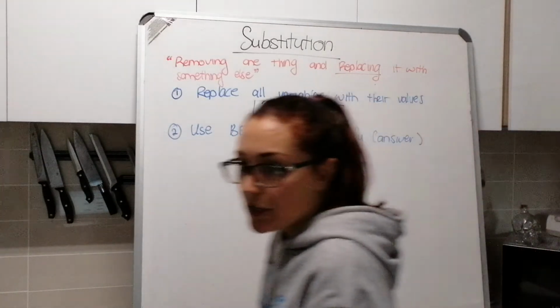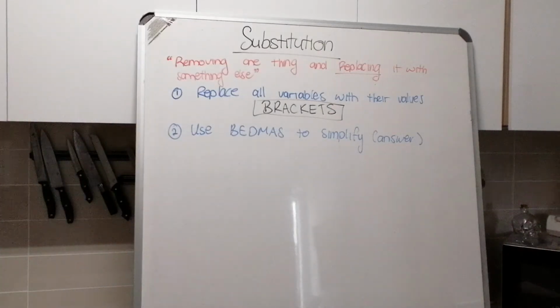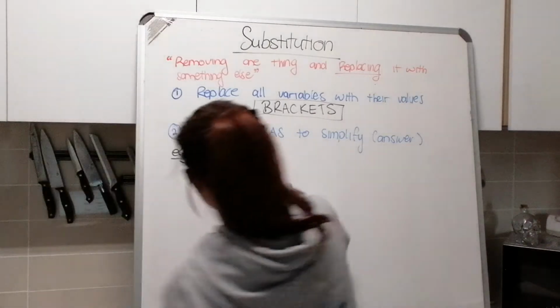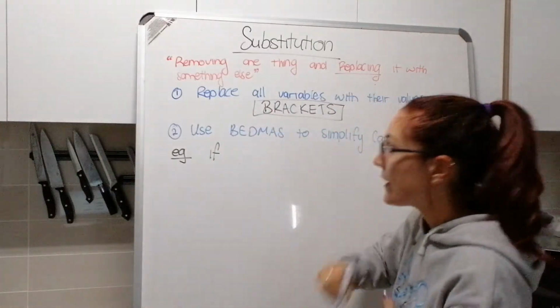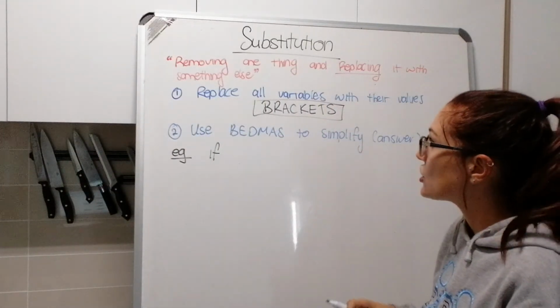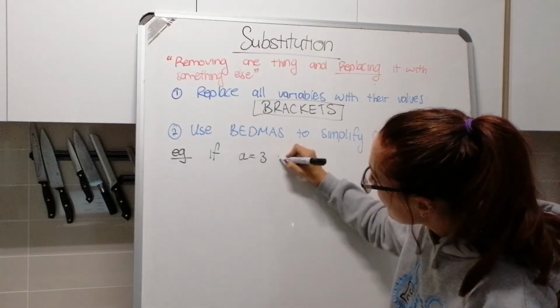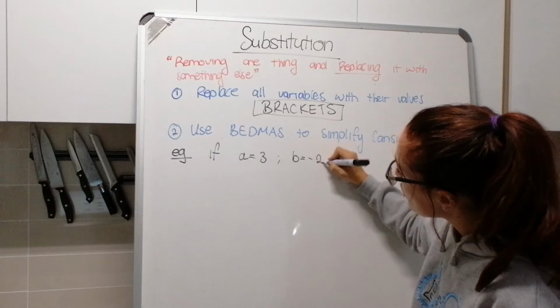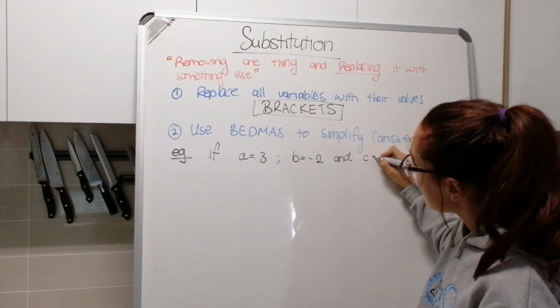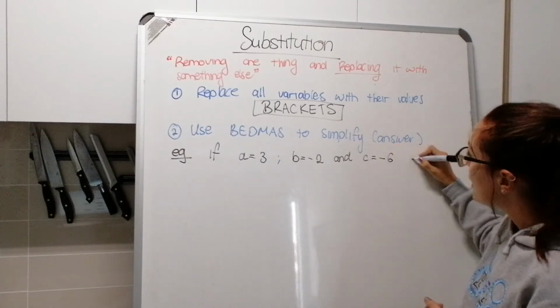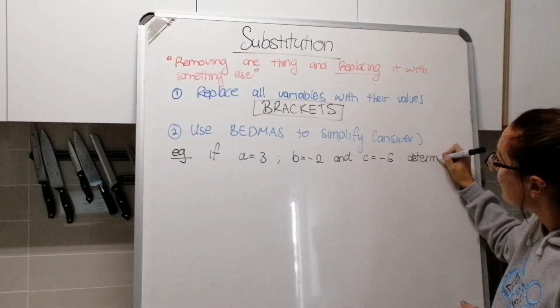Okay, so the example I'm going to do with you is, I don't have your thing up, so I'm going to do a different example to the one that's on the page. But, okay, so let's say they tell you that, they'll say if, and then they'll give you the values for the letters. So let's say if A is equal to 3, B is equal to -2, and C is equal to, what should we do? -6. Determine the value of